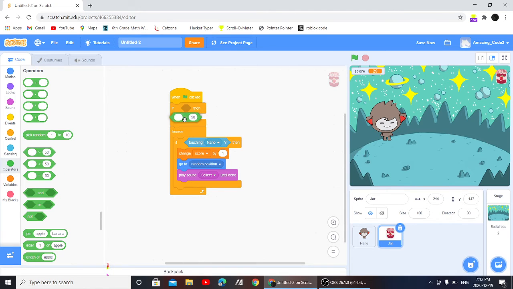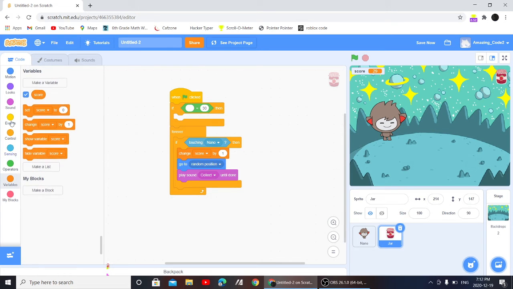Where is it? If score is equal to 30, then what you have to do is, I'm in the jar one, yeah, right. So if score is equal to 30, I'm just gonna drag the score block in. If score is equal to 30, then